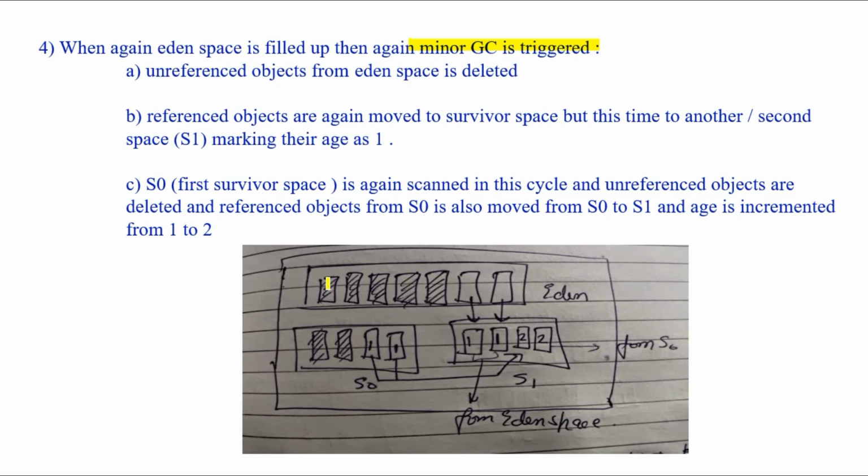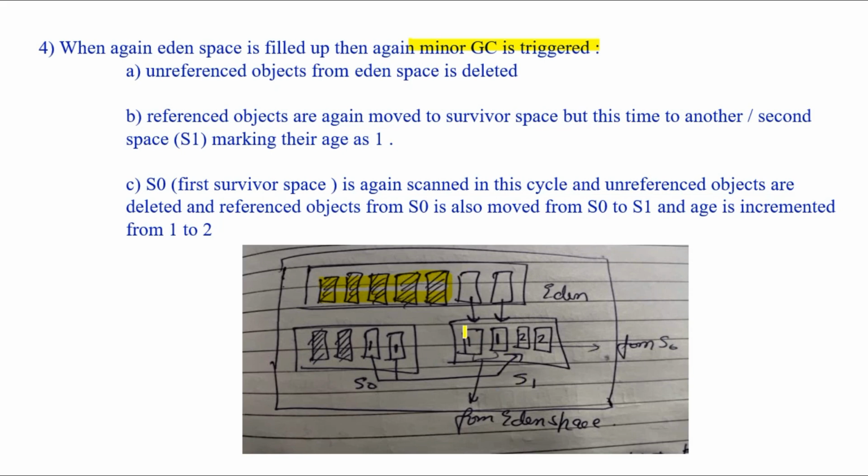Now in this case, suppose the top 5 objects are unused, because after Eden was emptied, 10 objects were created in Eden space, then 3 of the methods stopped running, and these 3 methods contained these 5 objects which were local variables. So these are no more required in the heap. The garbage collector thinks, why do we keep them in the heap, so it tries to remove them. So during garbage collection, Eden space is again empty because the unreferenced objects are removed and the referenced objects move from Eden space to survivor space.